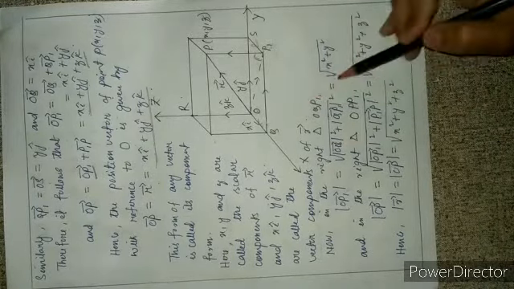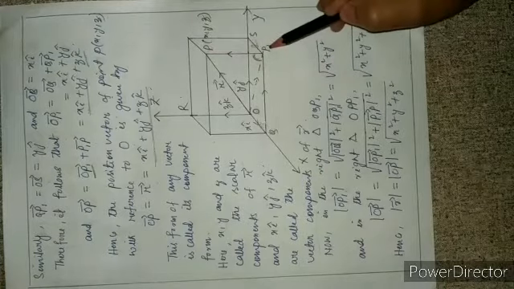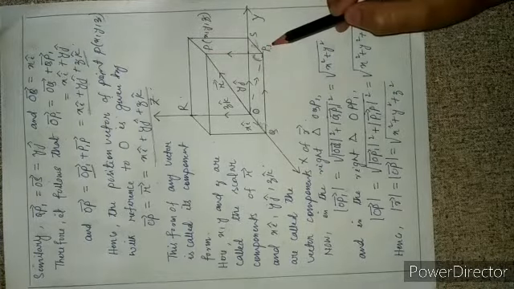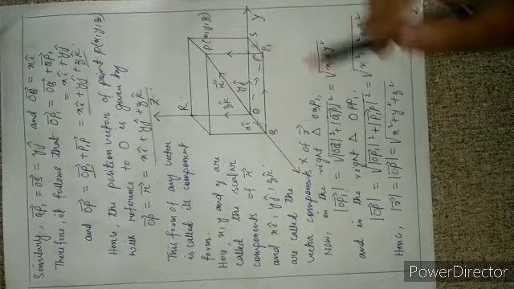Angle Q is the right angle. Then in the right triangle OPP1, P1 is the right angle, OP is the hypotenuse, and the remaining sides are PP1 and OP1. Therefore, the magnitude of OP vector is equal to root over the sum of the squares of the remaining sides,